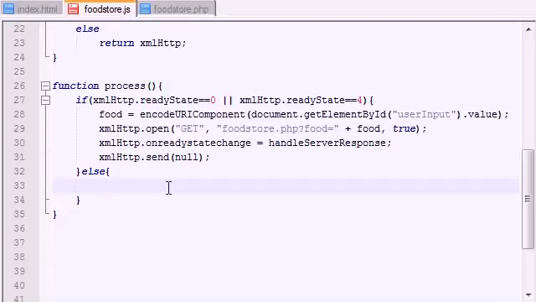Alright, else, go ahead and set timeout, and I'll talk to you guys about this in a second. Set timeout, process, and we'll just go ahead and set this equal to 1000, which is actually good enough. Alright, so why do I need an else, and what does set timeout do? Set timeout pretty much,